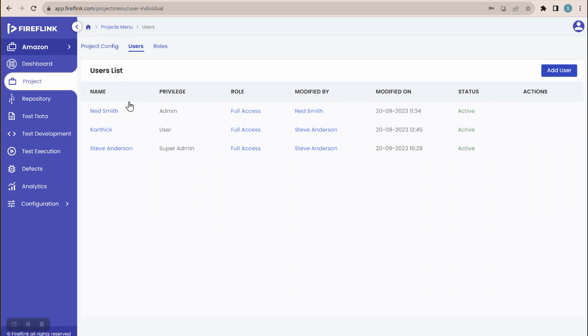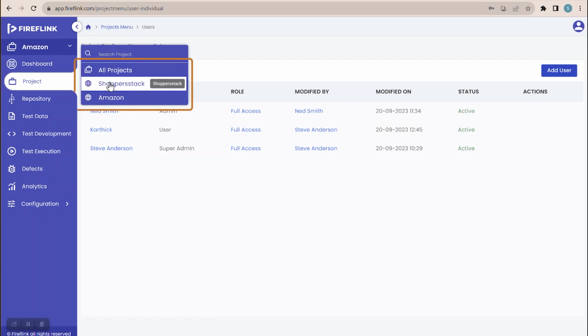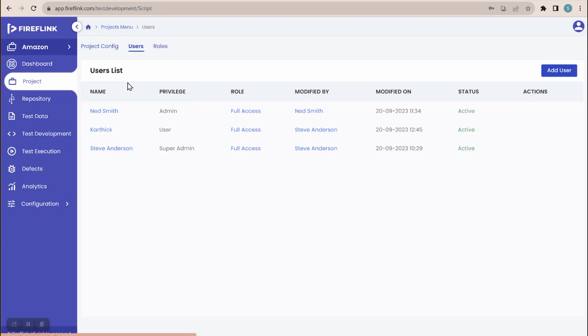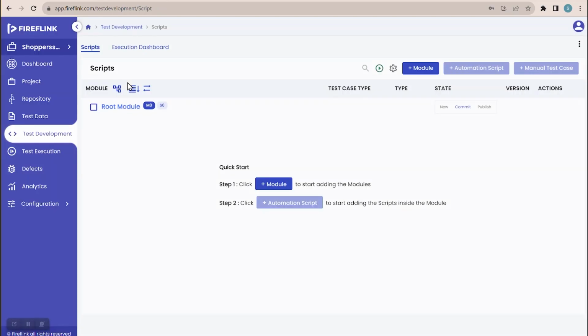So as of now, I am in Amazon project. How do we navigate to another project or all project? Same procedure. Just click on the project name. You'll get a drop down where you have to click on the respective project you want to navigate to. So now I want to navigate to Shopper Stack. Once I click on Shopper Stack, I'll directly navigate to the Shopper Stack project. Now if I click on project section,